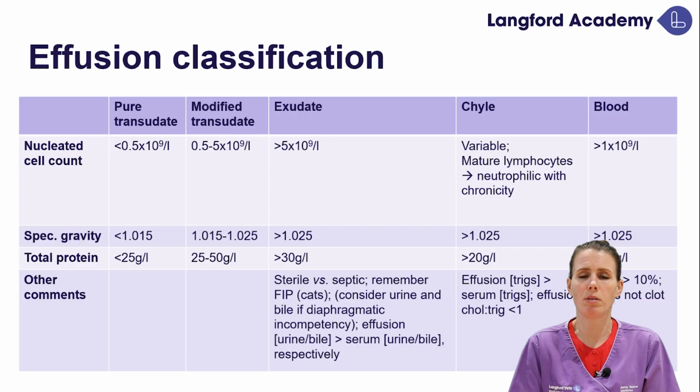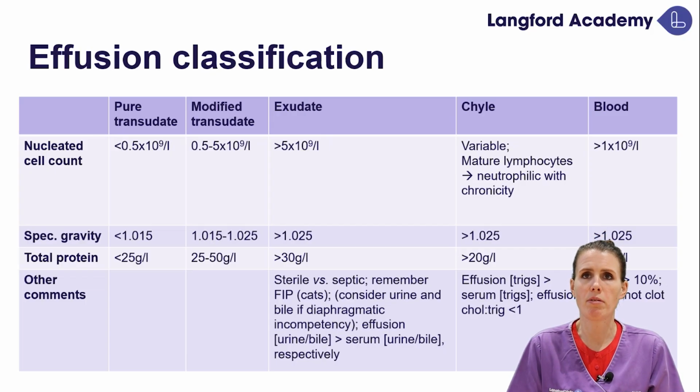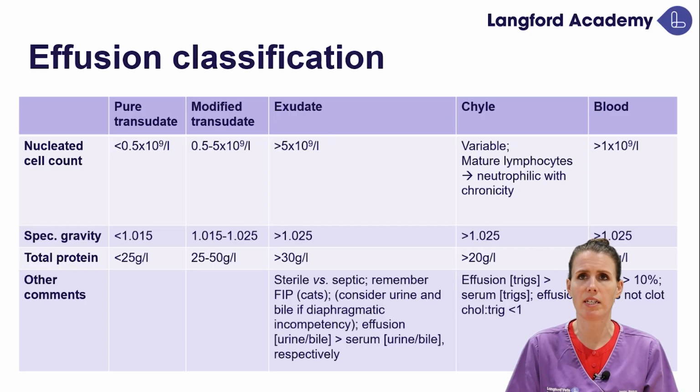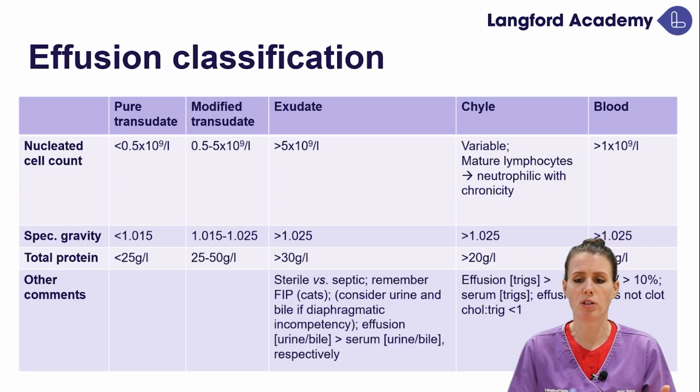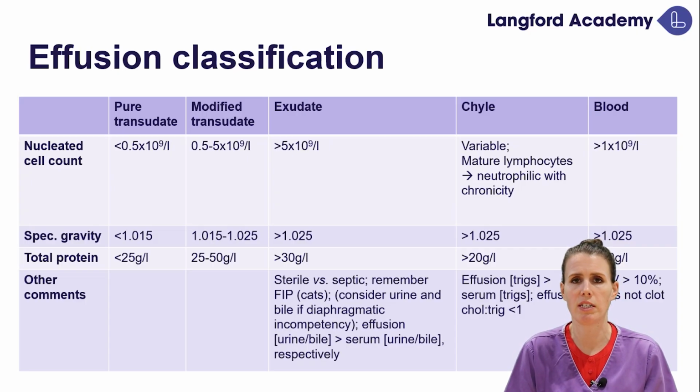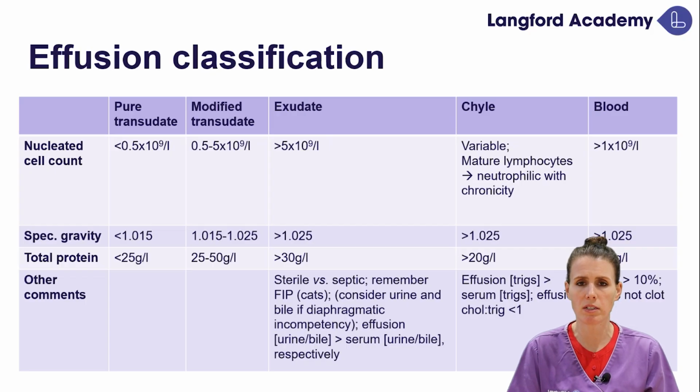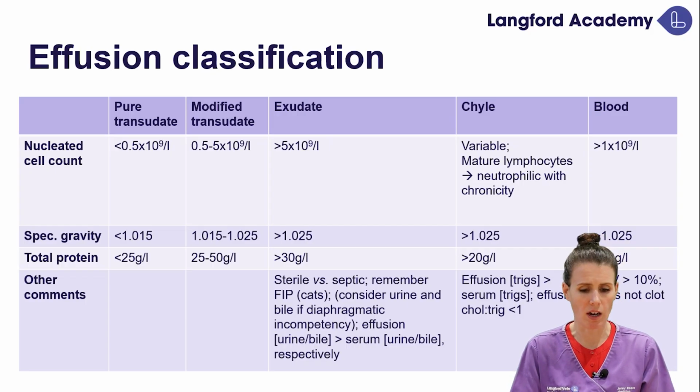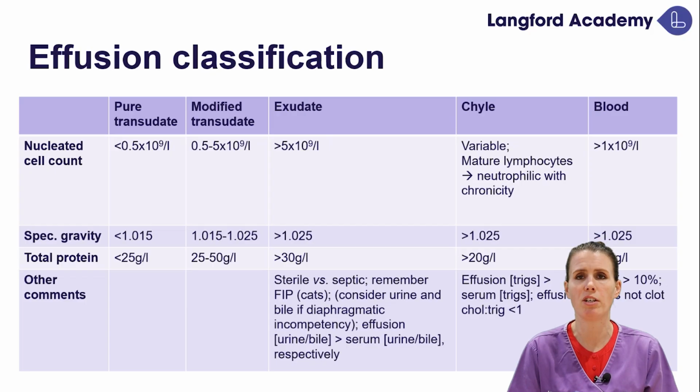And you can see these numbers that I've put in this table here, both in terms of laboratory analysis, but also basic Friday night figures for specific gravity and how we classify effusions based on specific gravity. There's a huge amount of overlap in perception of where the cutoffs are and how much overlap there is between categories, and these are not absolute rules, and some patients will have multiple disease processes contributing to their effusion development, so these are certainly not hard and fast rules that we can follow on every occasion,